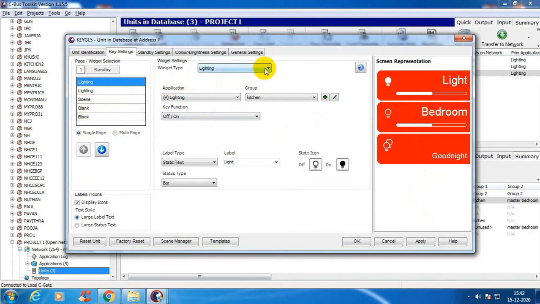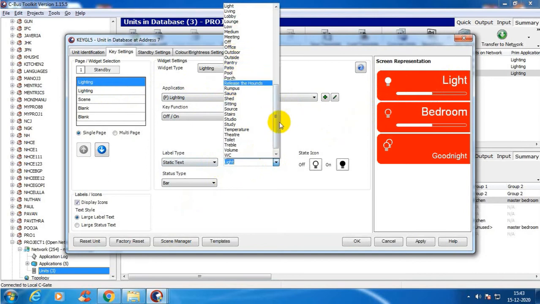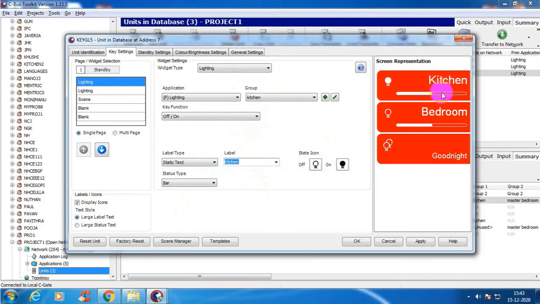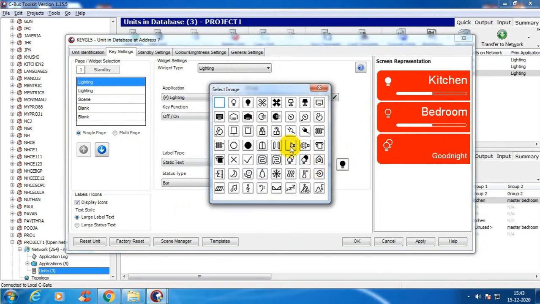So these are all widgets. First widget, that is lighting, I have chosen. Second is also lighting. So what is the first one? Lighting, and it is for kitchen, and it does on or off operation. The static text is light. So see, this is the thing. Instead of lighting you can change this to kitchen. Okay, kitchen I have changed. Now it came. Here also the off text is like this, so you can change this also.